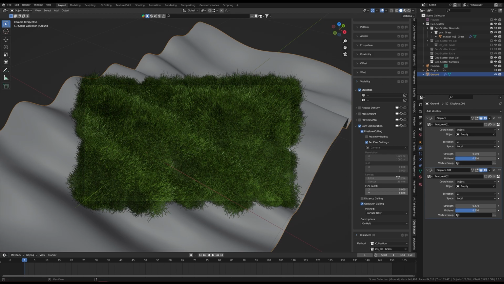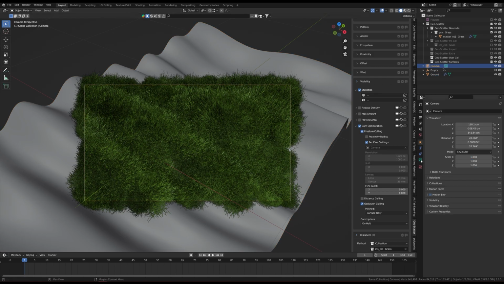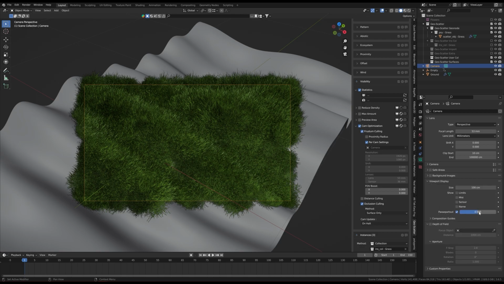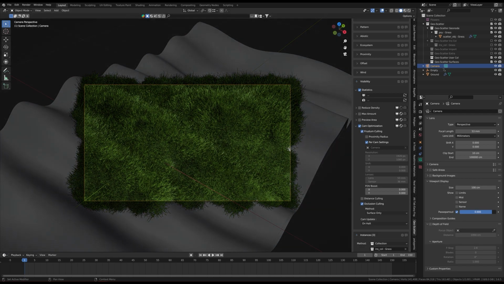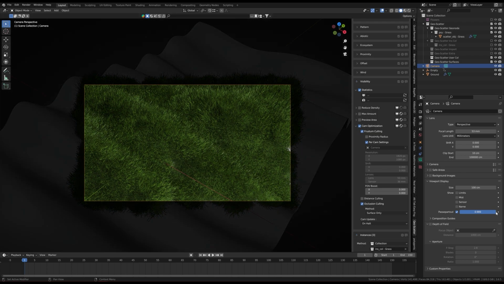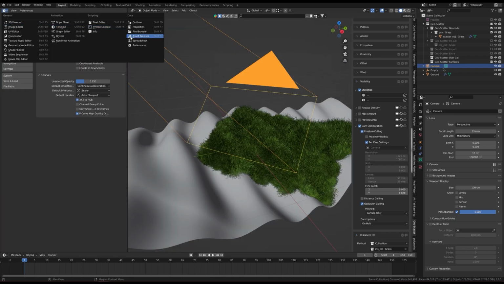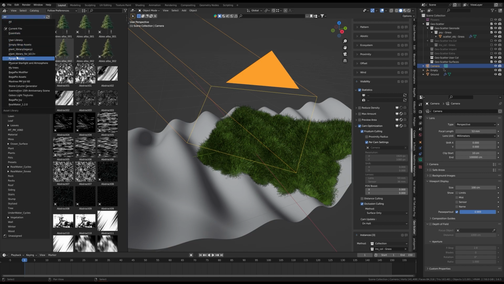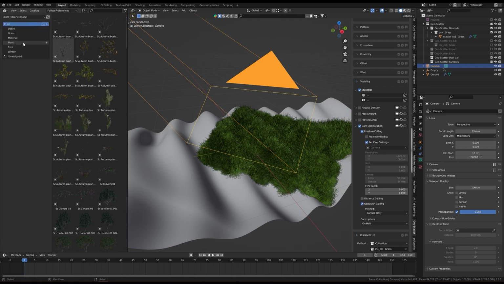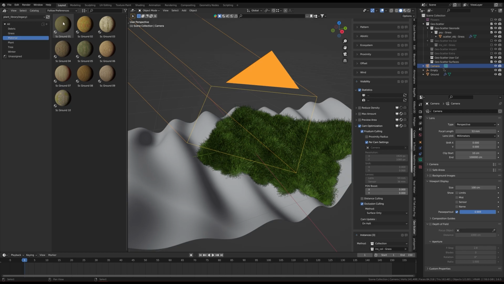Another thing that I like to do very much is go into the camera settings, and under viewport display I like to take this up, so the background will be nearly black, so that I can focus more on the viewport of the camera. Now let's apply some texture to our ground. Again, open up the asset browser, and you can choose obviously any type of material that you want. I'm gonna choose that one over here, drag and drop,